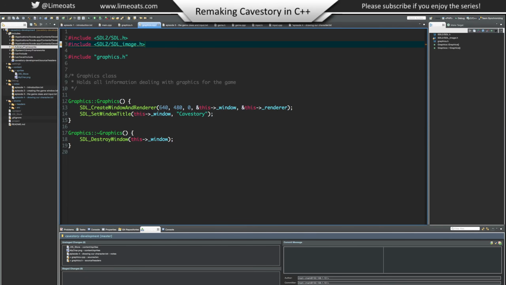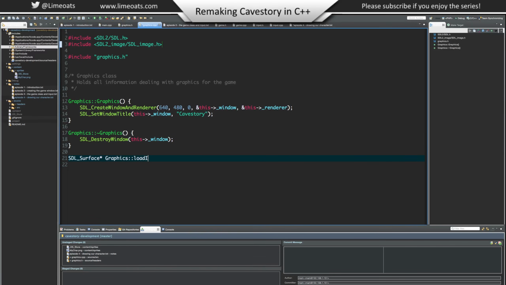I'm sorry, SDL2 image / SDL image.h. There we go. Alright, so now nothing in the constructor or the destructor is changing. We're just going to go right to implementing